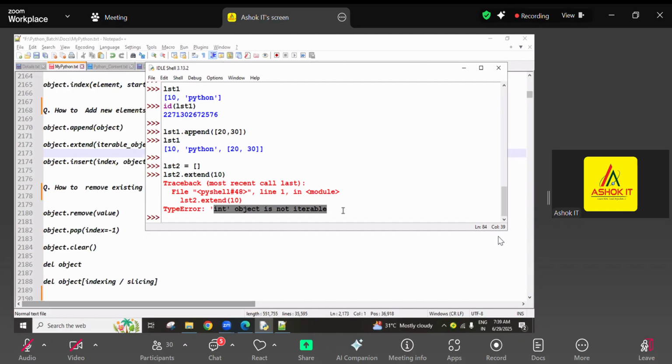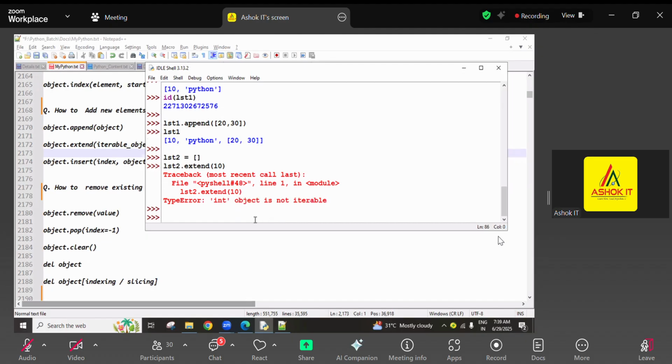That point, remember. Are you clear? It is a very, very important question. What is the difference between the append and extend methods? A lot of times it is asked in interviews, so you have to give the replies carefully. Okay, this is one point. Next,